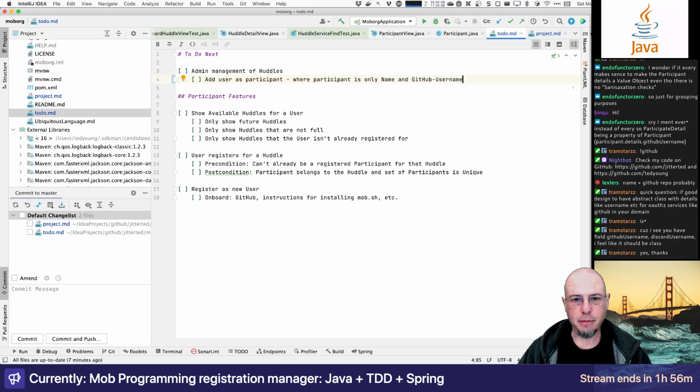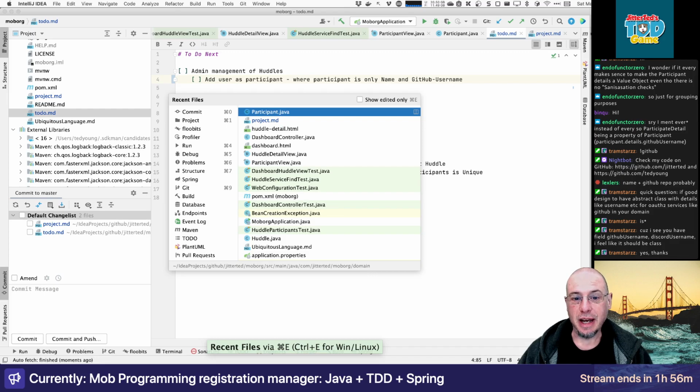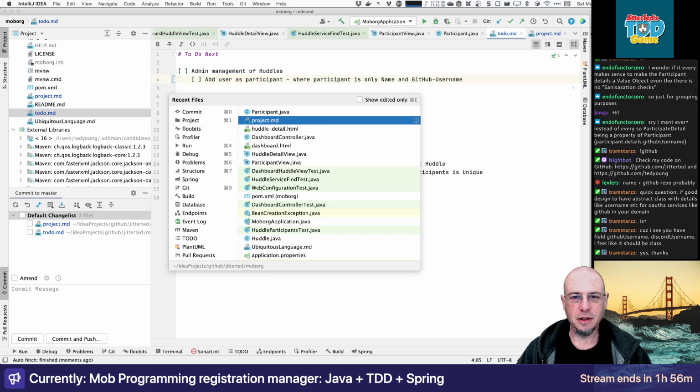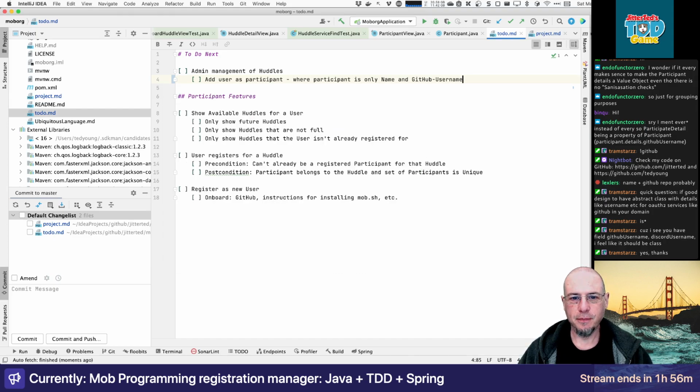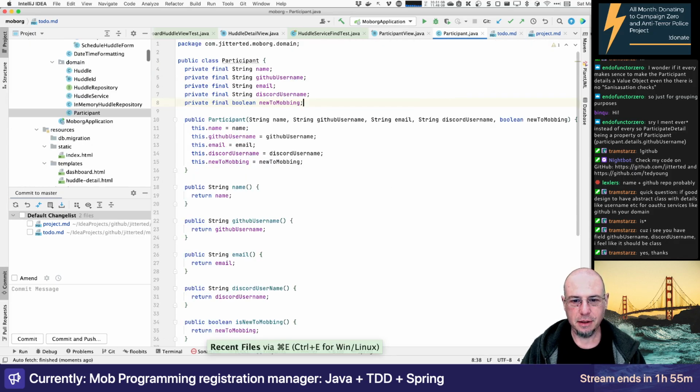So what I need then is some way to trigger adding a participant to an existing huddle. And at some point pretty soon, I'm going to want to actually persist the huddles, because constantly recreating them... Actually, I could do that on application load. Let's actually do that. So what we can do is create a class, and this is a Spring specific thing,